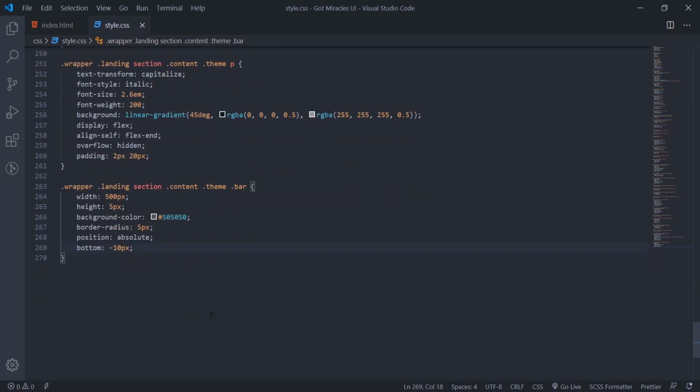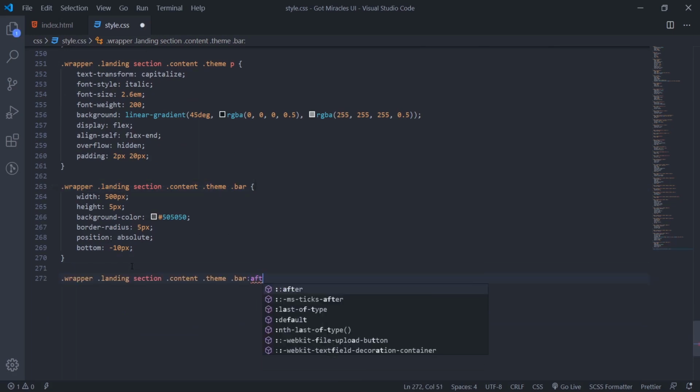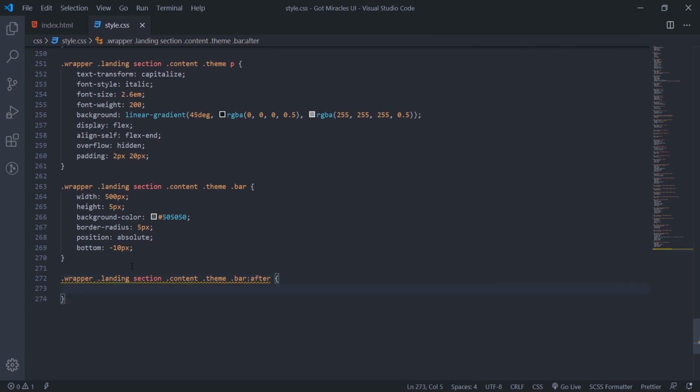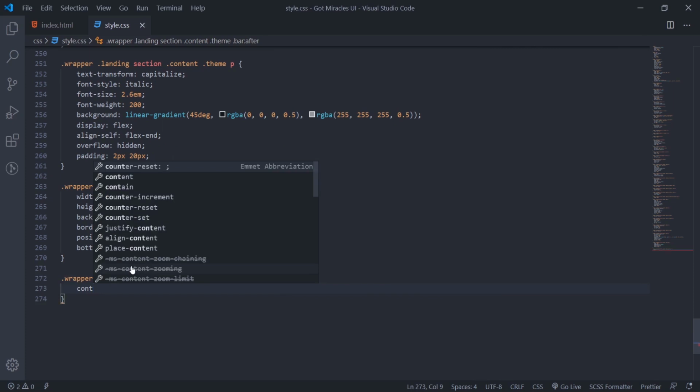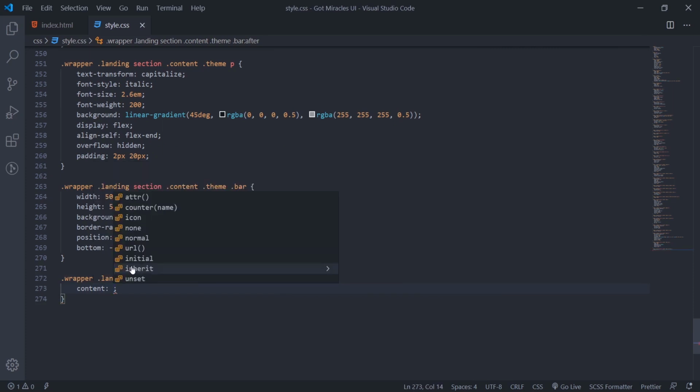We'll do the color first. So I'll say dot bar, then after, we want to do that half color inside. So I just say content, set to empty single quotes.